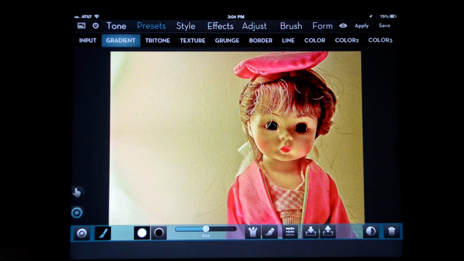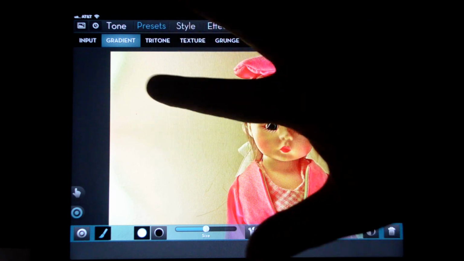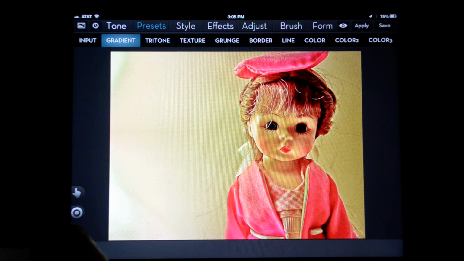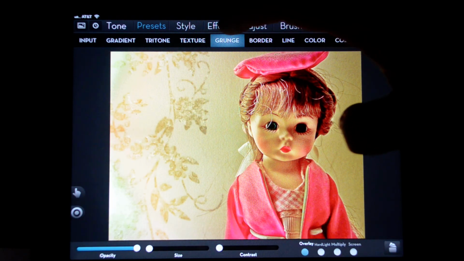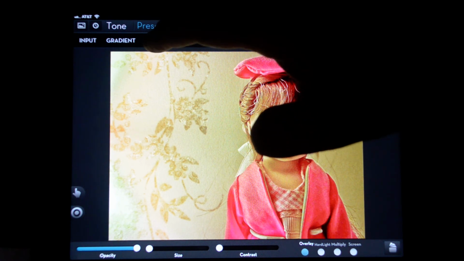Now, since black reveals and white conceals, any changes we make will show up where there was black in the mask. In other words, all over here, over the doll, and not where the white was of the flowers. So we'll invert the mask. And now any changes I make, let's say I put in grunge, will just apply where those flowers were. You can make any kind of changes you like. If I wanted to go into tritone,